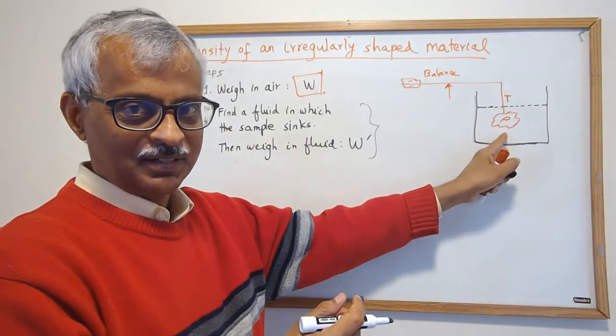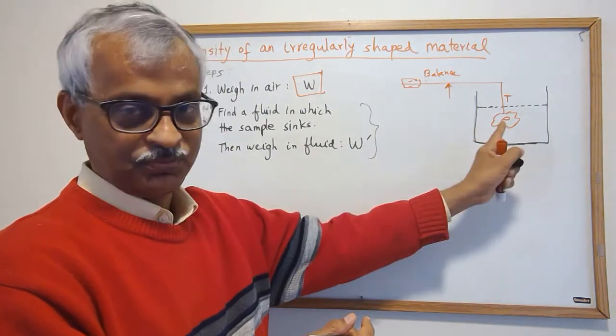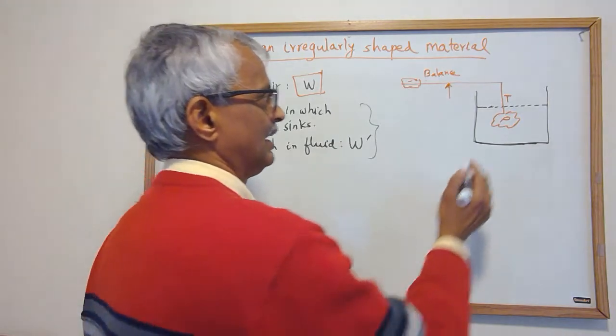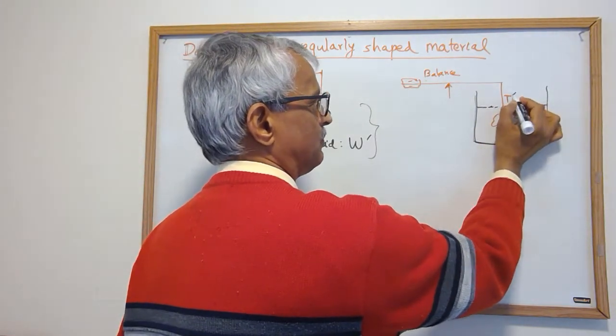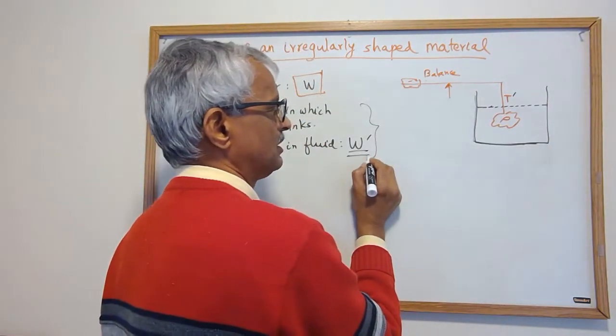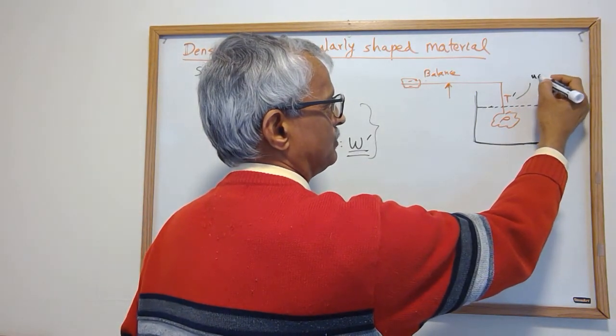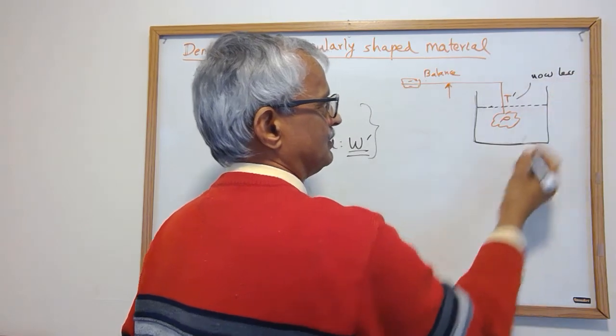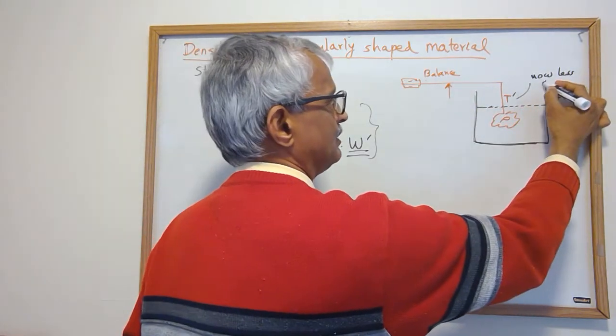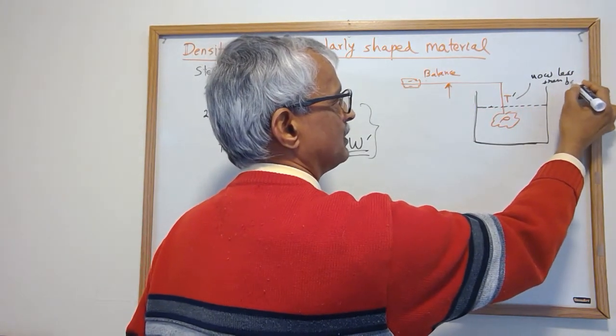Now you're going to have an upward force of buoyancy, and so this tension will now be different, and this is what we are calling W prime. So this is now less than before,